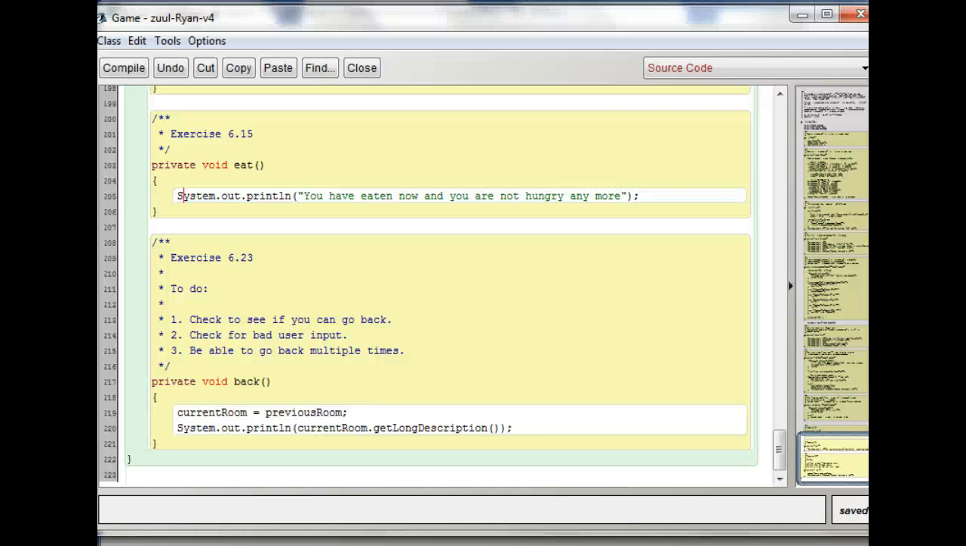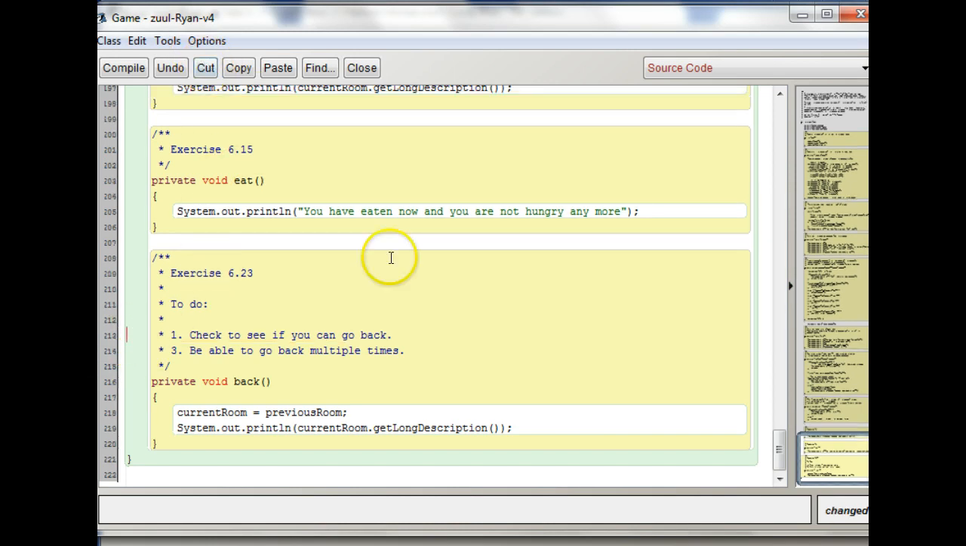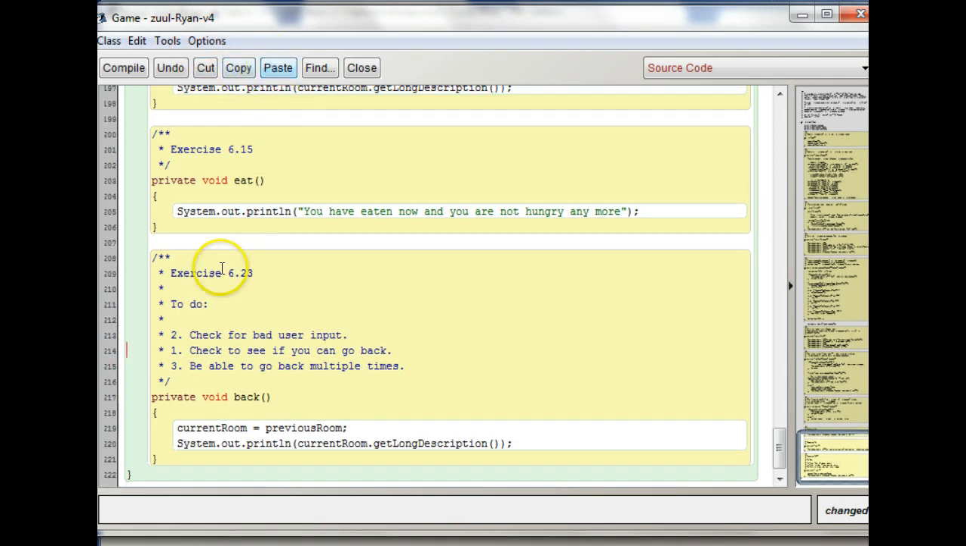All right, so we have a few things to look at here. Actually, I think I'm going to check for bad user input first. I'm going to change the order of these. So I think